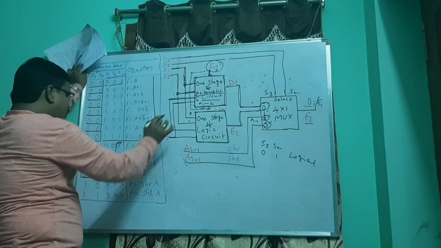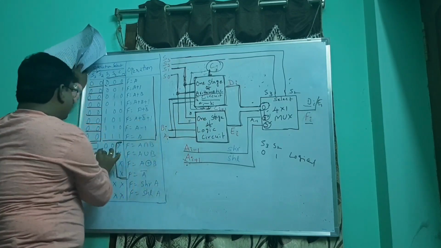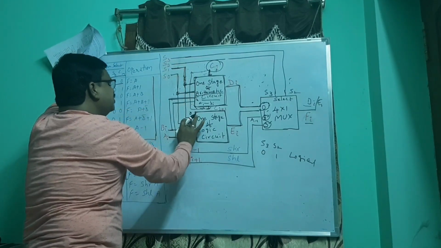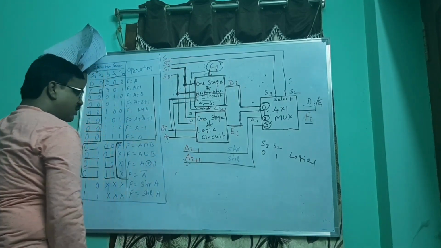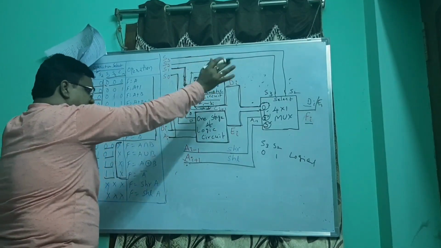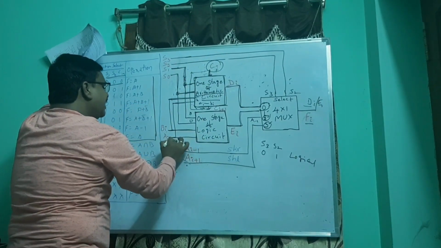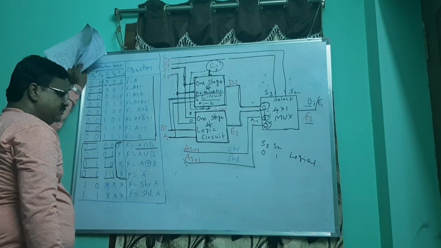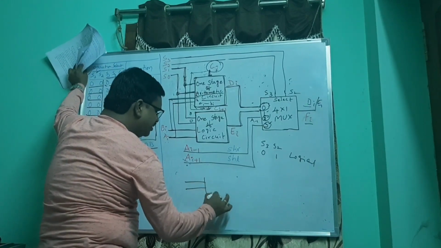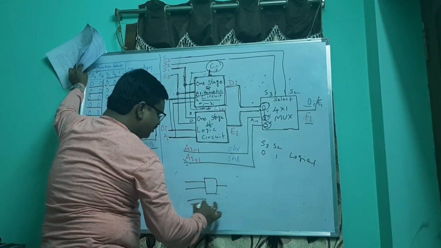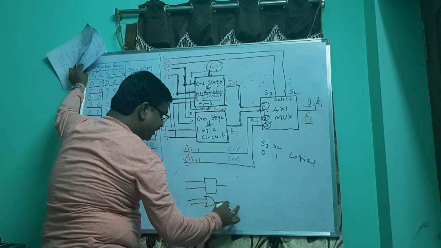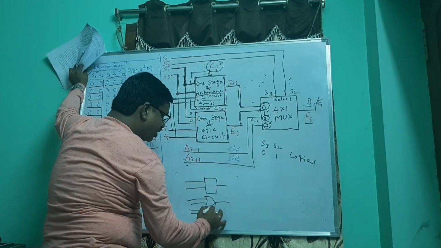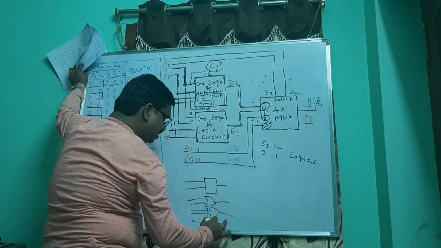Now only these 2: 0 0, 0 1, 1 0, 1 1. Here both are 0, 0, and C_i is not there. A and B are given, and we are going to perform an AND operation. As you know very well, the logical hardware circuit we have drawn like this in our previous class is going to perform 4 operations together.